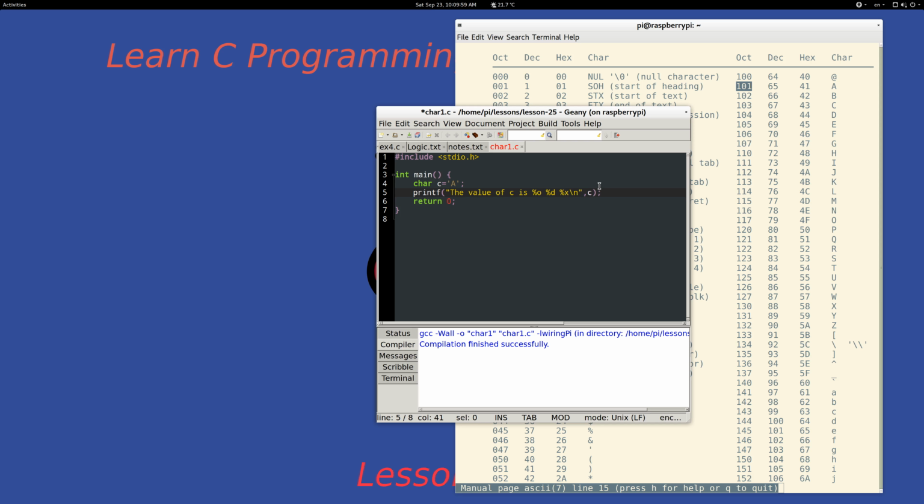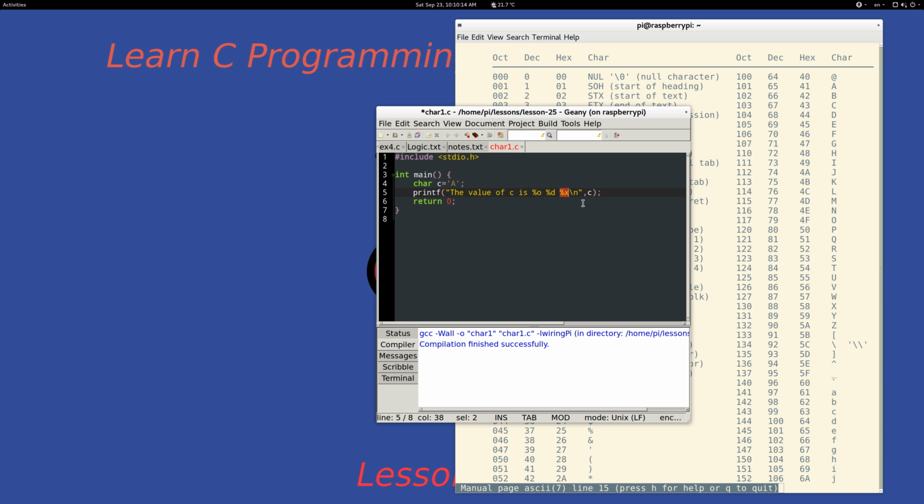So since I'm printing it 3 times, here I'm printing it with the format specifier of o, which means octal. Then I'm printing it as a decimal number, base 10, and then I'm printing it out as a hexadecimal